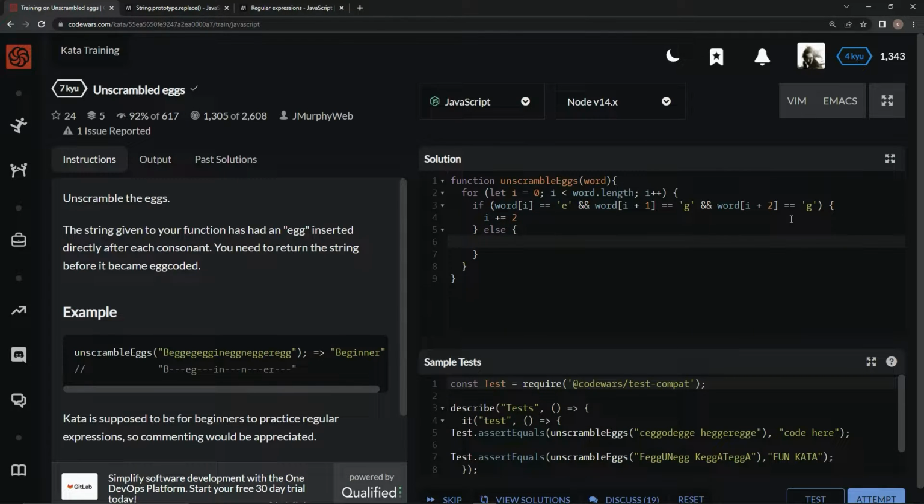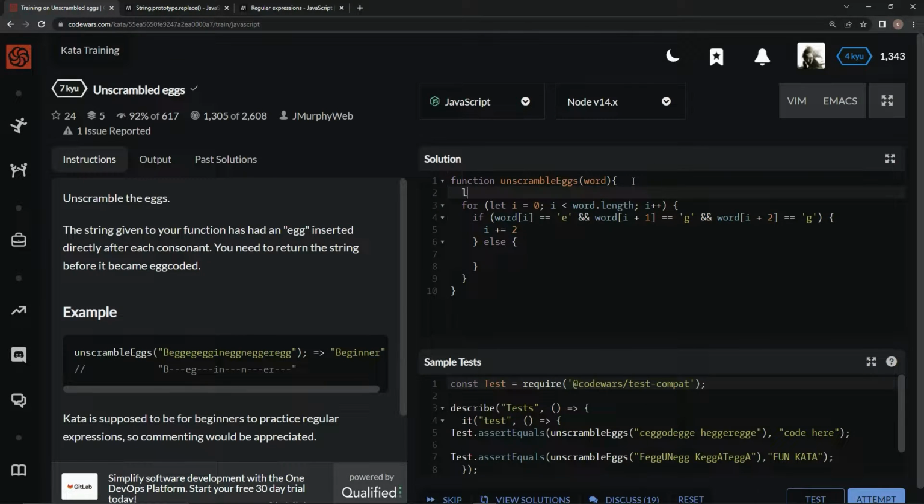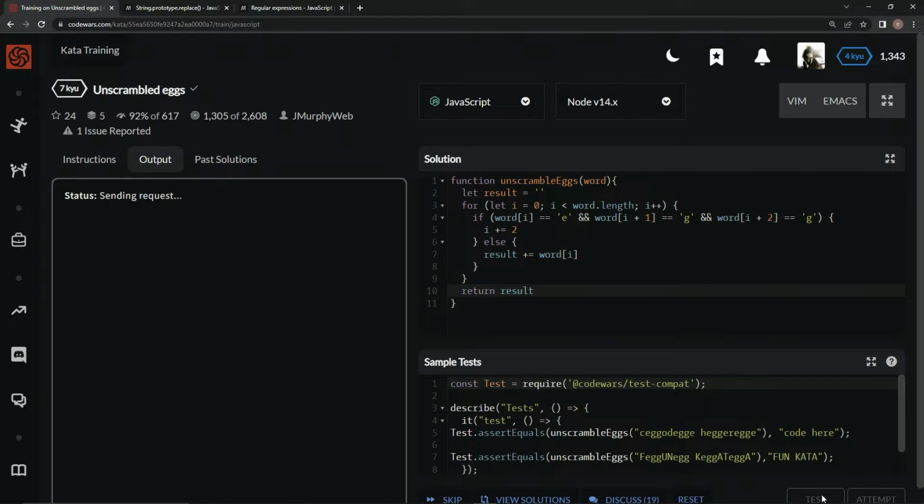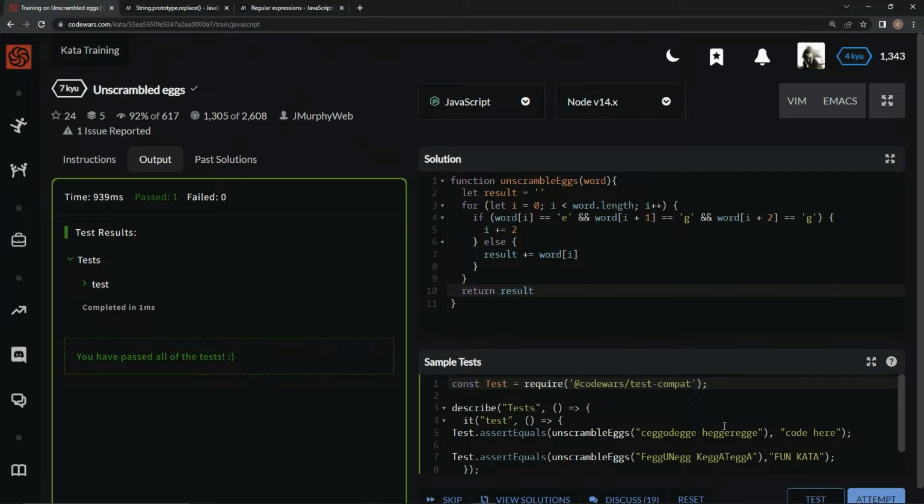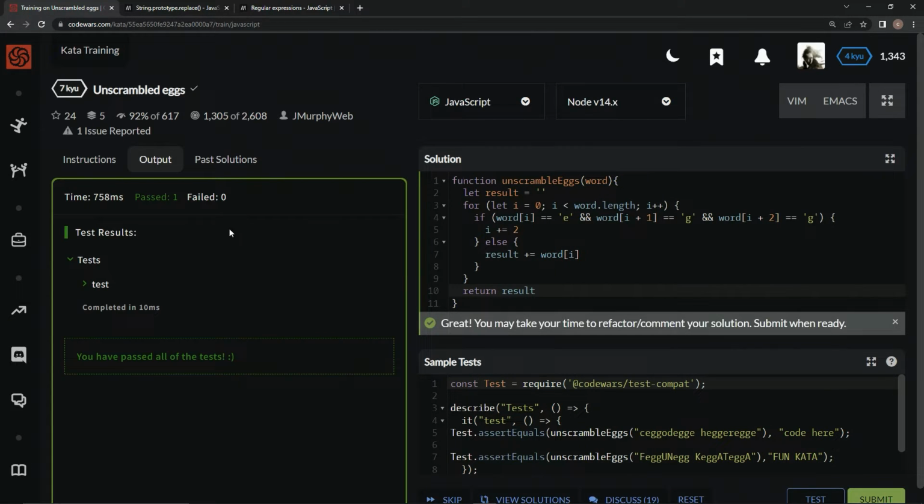Let's make a little result variable. Let's say let result equal an empty string like this. And then we'll say result plus equals word at i. And then we could return result. Let's test that out. And it works, and let's attempt it. All right, no tricks, and that's cool and all, but there's a method we could use which would